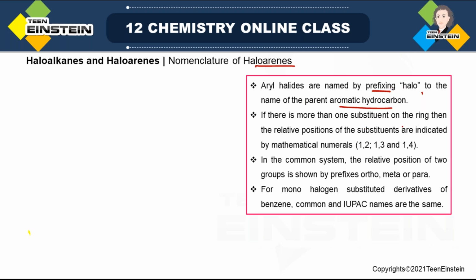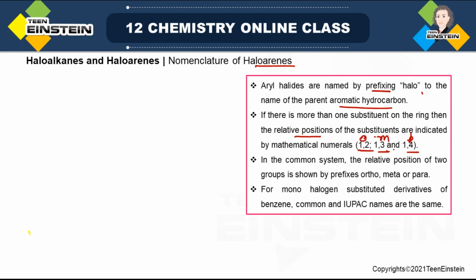If there is more than one substituent on the ring, suppose you have 2 chlorine or 1 chloro, 1 bromo like this, then you have to use the mathematical numerals, not Roman numerals, mathematical numerals, 1, 2, 1, 3 or 1, 4, because only these types of positions are possible, not anything else, right? So 1, 2 position, 1, 3 position. So 1, 2 is basically ortho, this is meta,